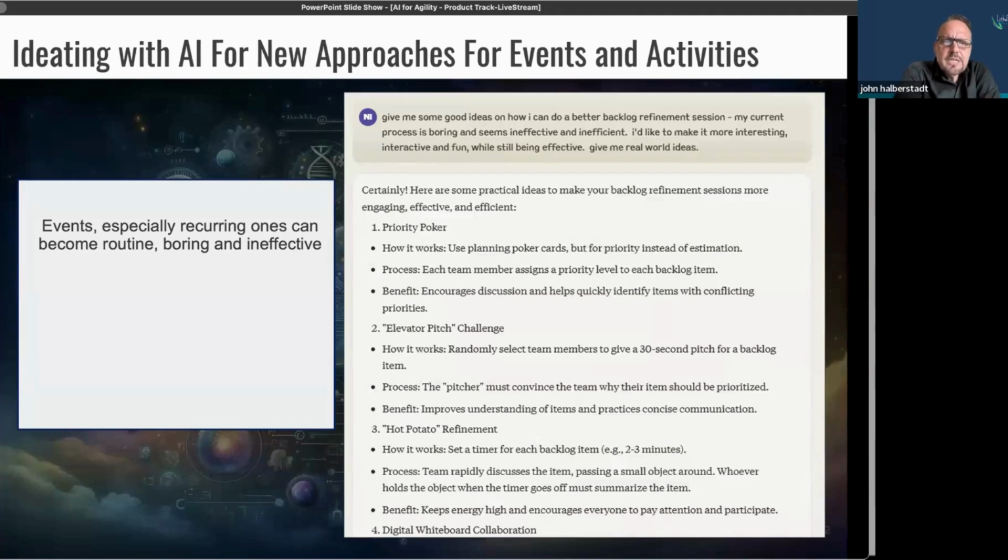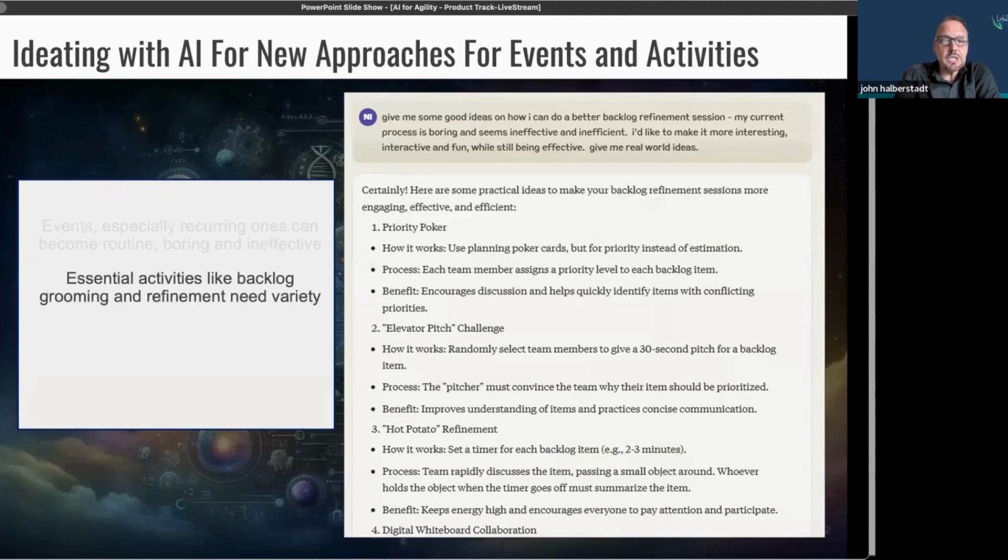But these events, these meetings, these special practices in our Agile ways of working can really become boring and ineffective in many cases if we're just doing the same thing over and over again. It's good, I believe, to constantly experiment with different approaches to make sure there's different engagement and different ways of piquing curiosity and getting the team to interact, especially for things like the backlog refinement session.